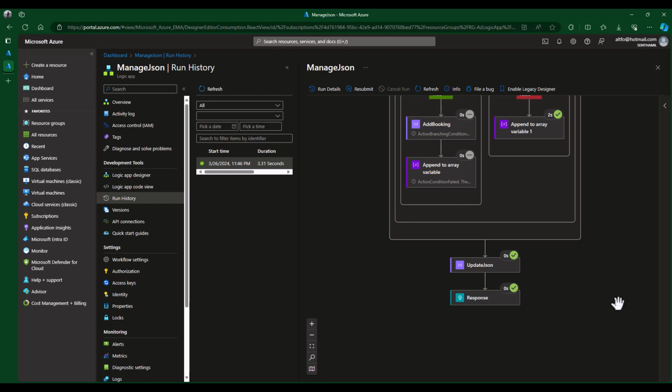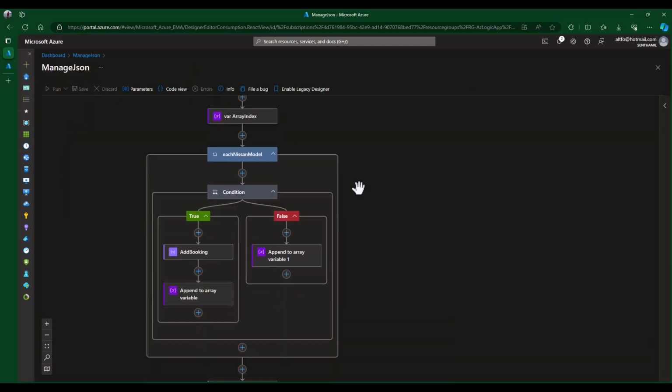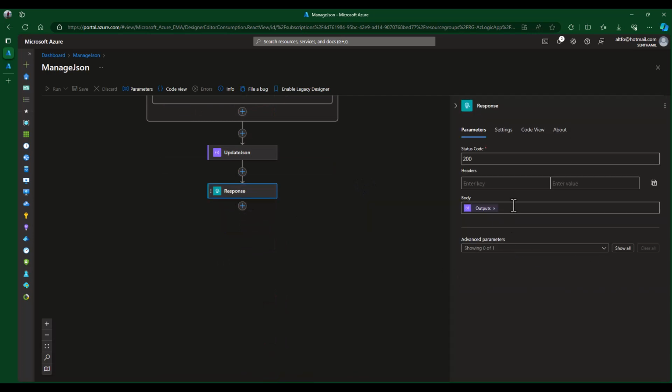That's how it is. So this JSON, you can manipulate it using formulas as well: add property, remove property, set property. Those are the 3 key functions which you use to manipulate the JSON. And also if you want to directly manipulate the JSON using some other method, you can still do it. For example, in the response object, if you see the formula of the outputs of update JSON, you can query to a single